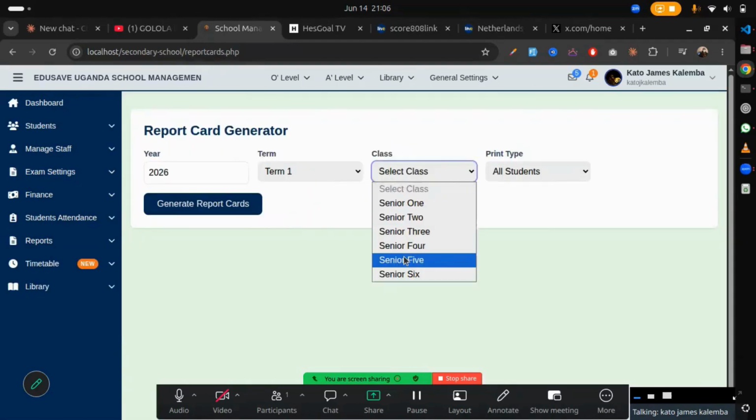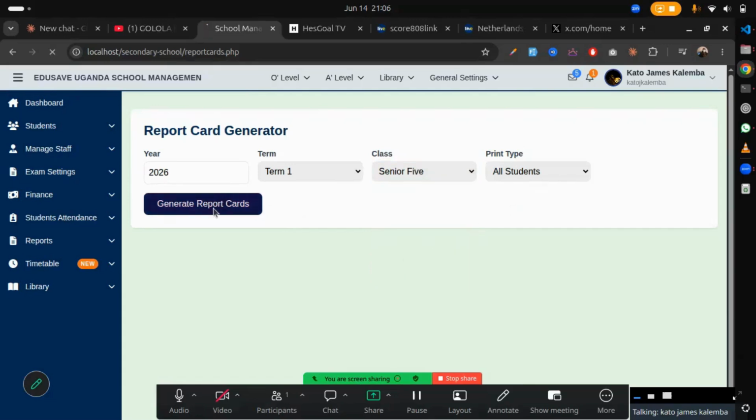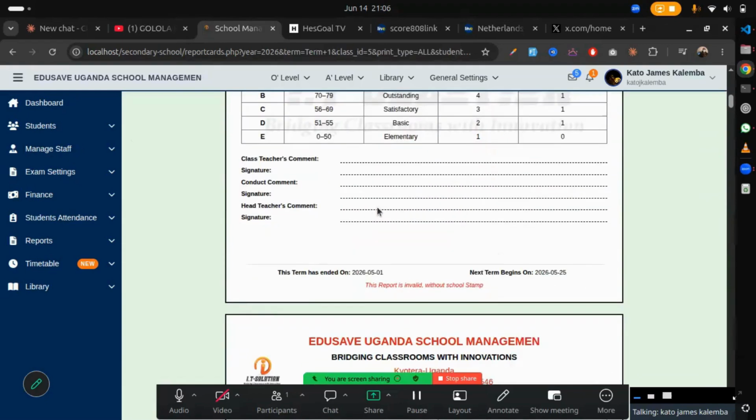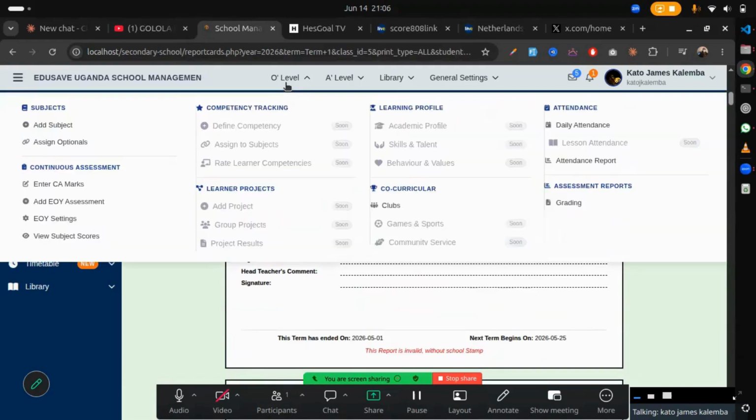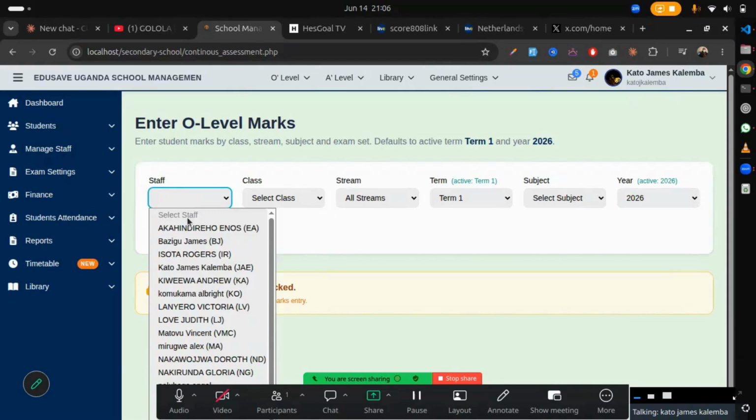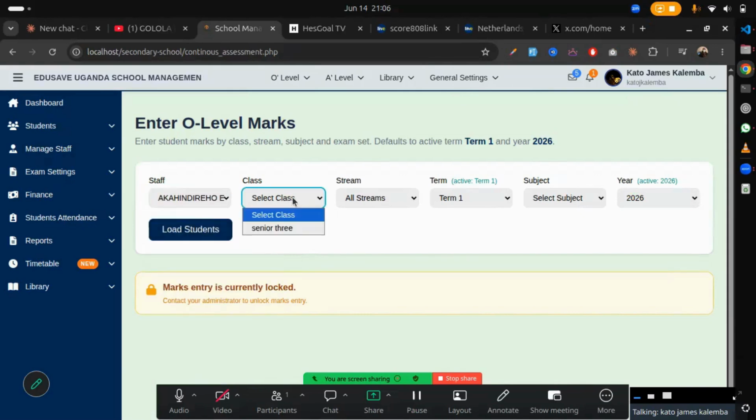You come here, you can say maybe I want to get for senior 5, and you can generate all those reports here. So how do you enter marks? You can come for A-level, you come here. Now if you've logged in as an admin, you just choose who is entering marks. Then you can see that this one is saying